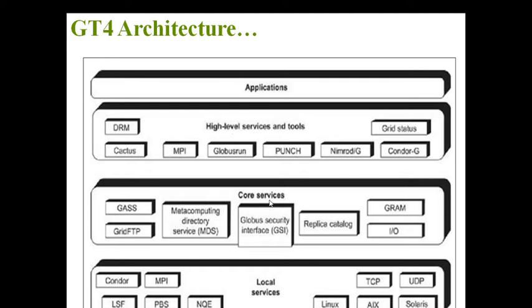And core services play a vital role. What are the core services? See, if you want to make any communication with any person, if you want to store your data, if you want to process your data, if you want to access your data, how is it going to happen? This is because of some of the applications that have been built in your grid computing. Okay, so these services are nothing but the core services.